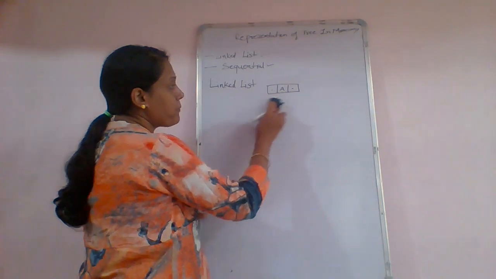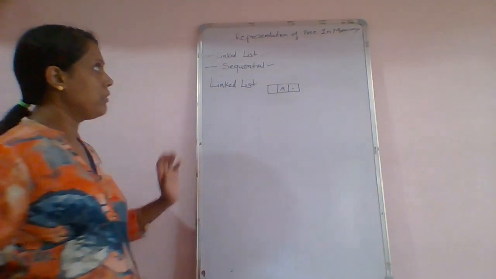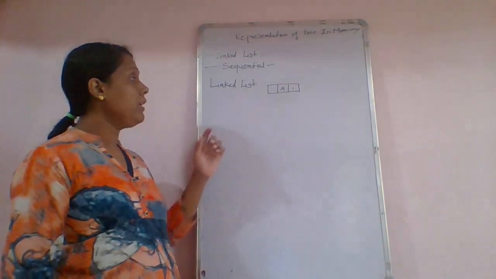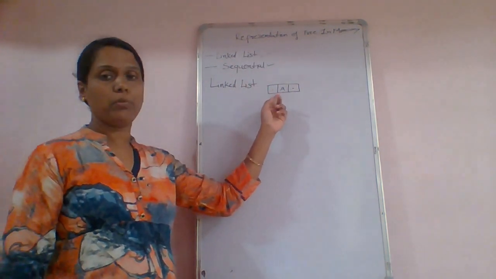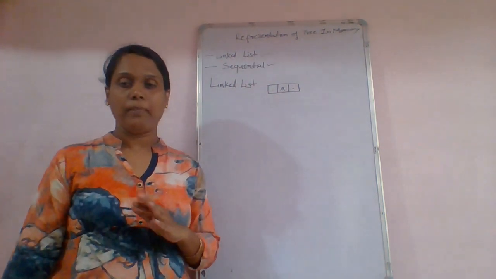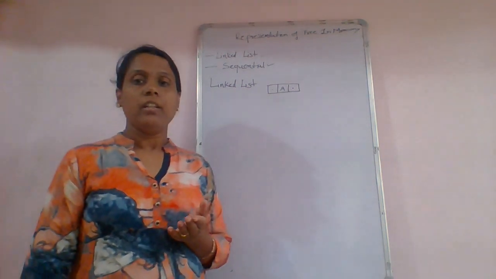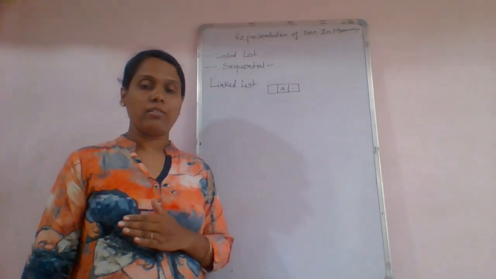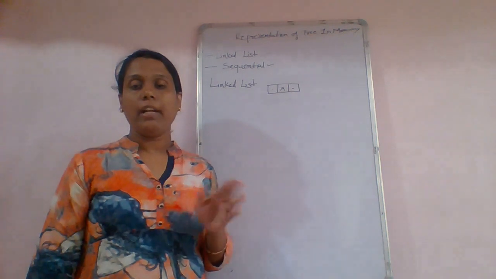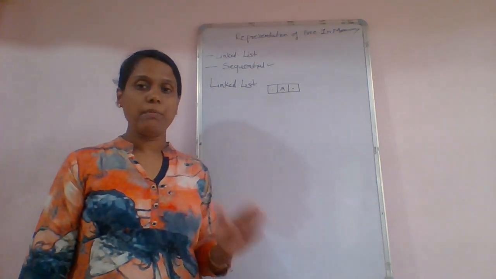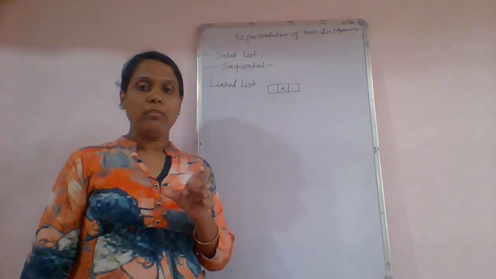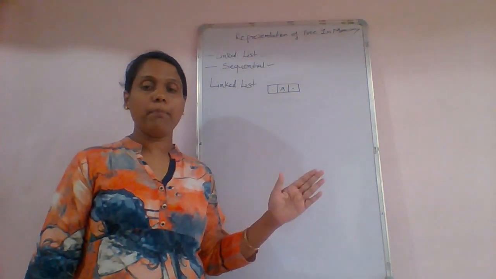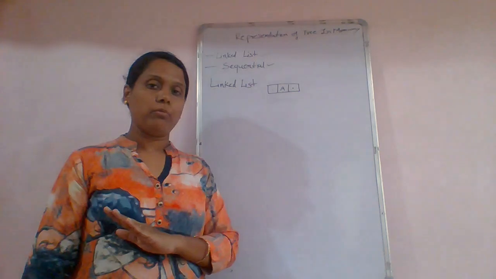Now when we are going to learn the representation of tree in memory by using the linked list, at that time we have to use this type of node. Now what is a tree? A tree is a data structure, a hierarchical data structure. A tree is divided into two parts, the left subtree and the right subtree. The root is main, and from the root there is the left part of the tree and the right part of the tree.